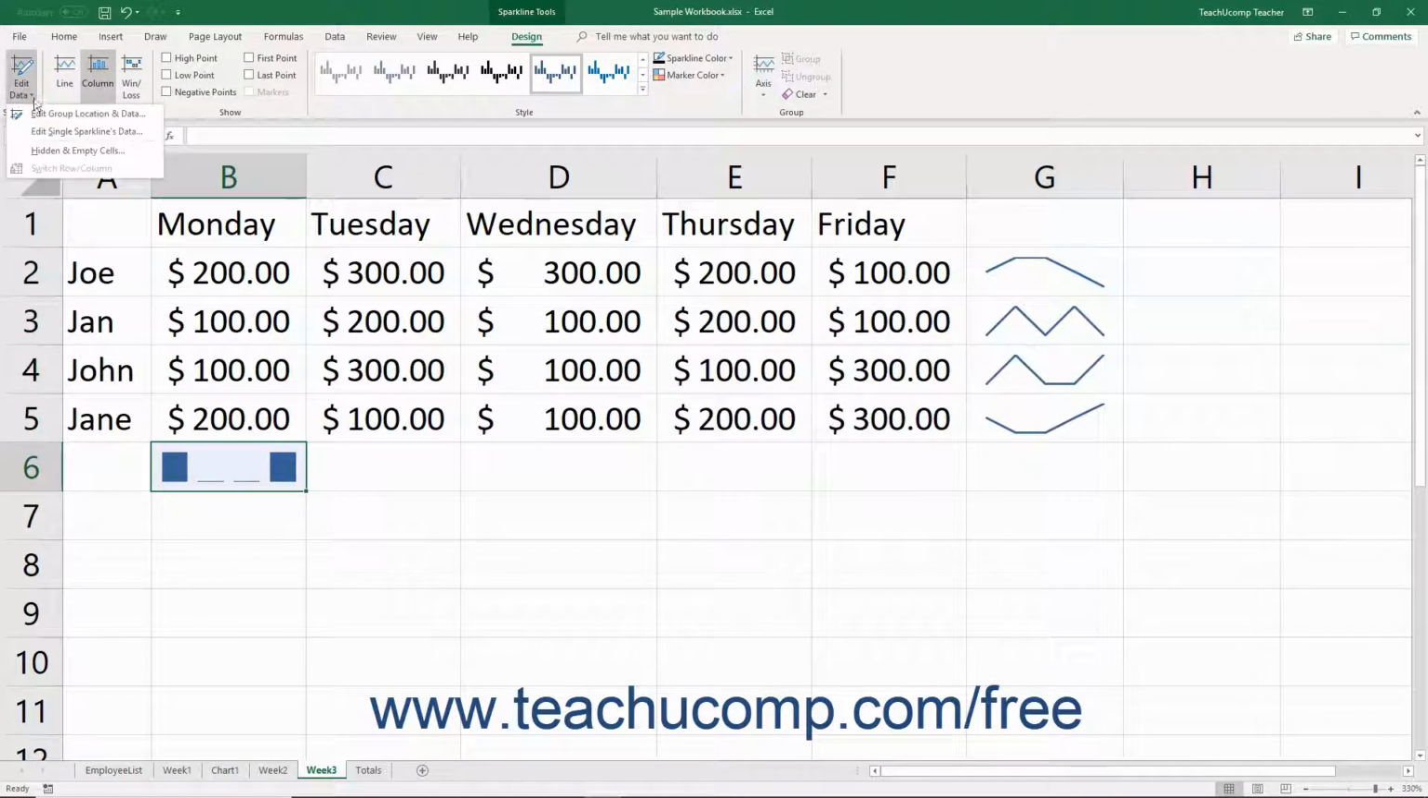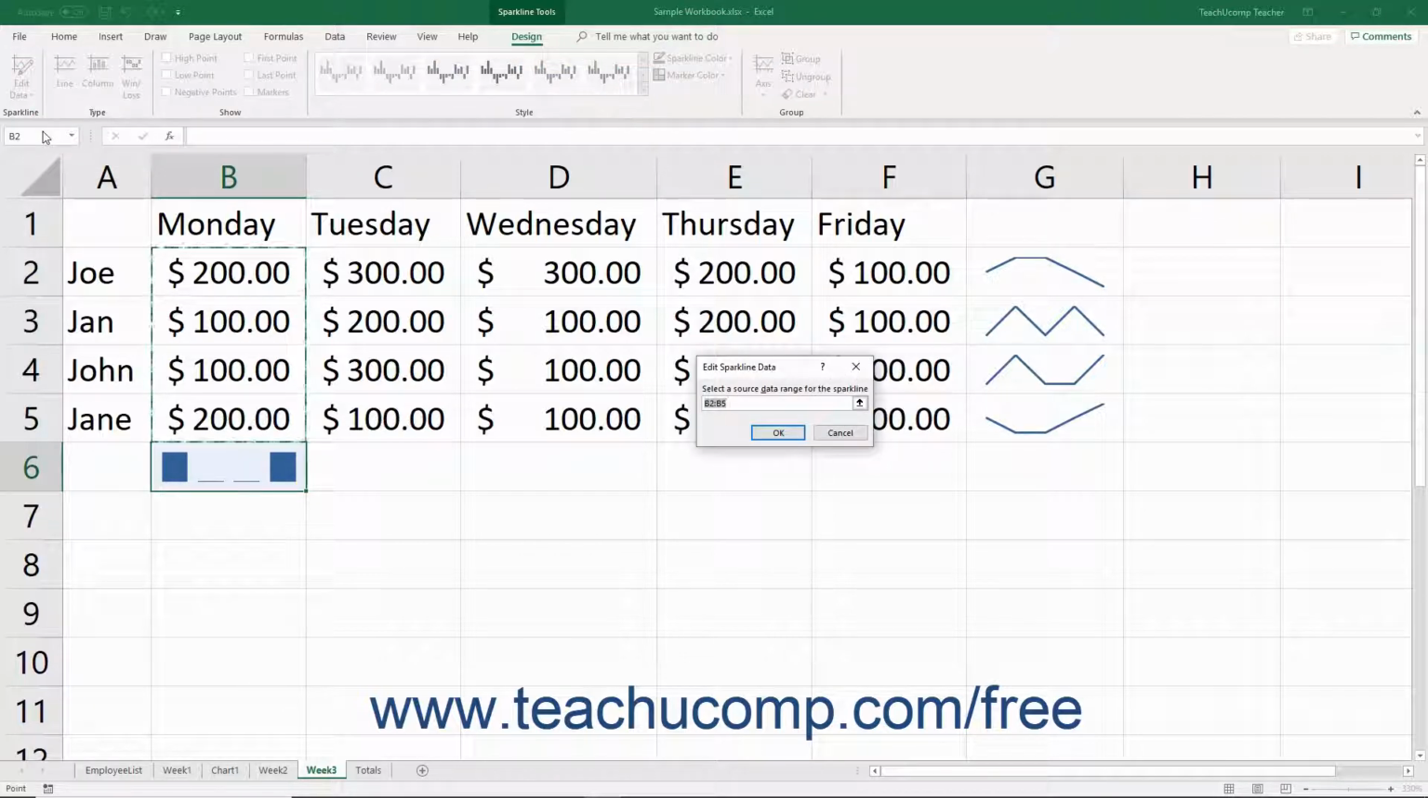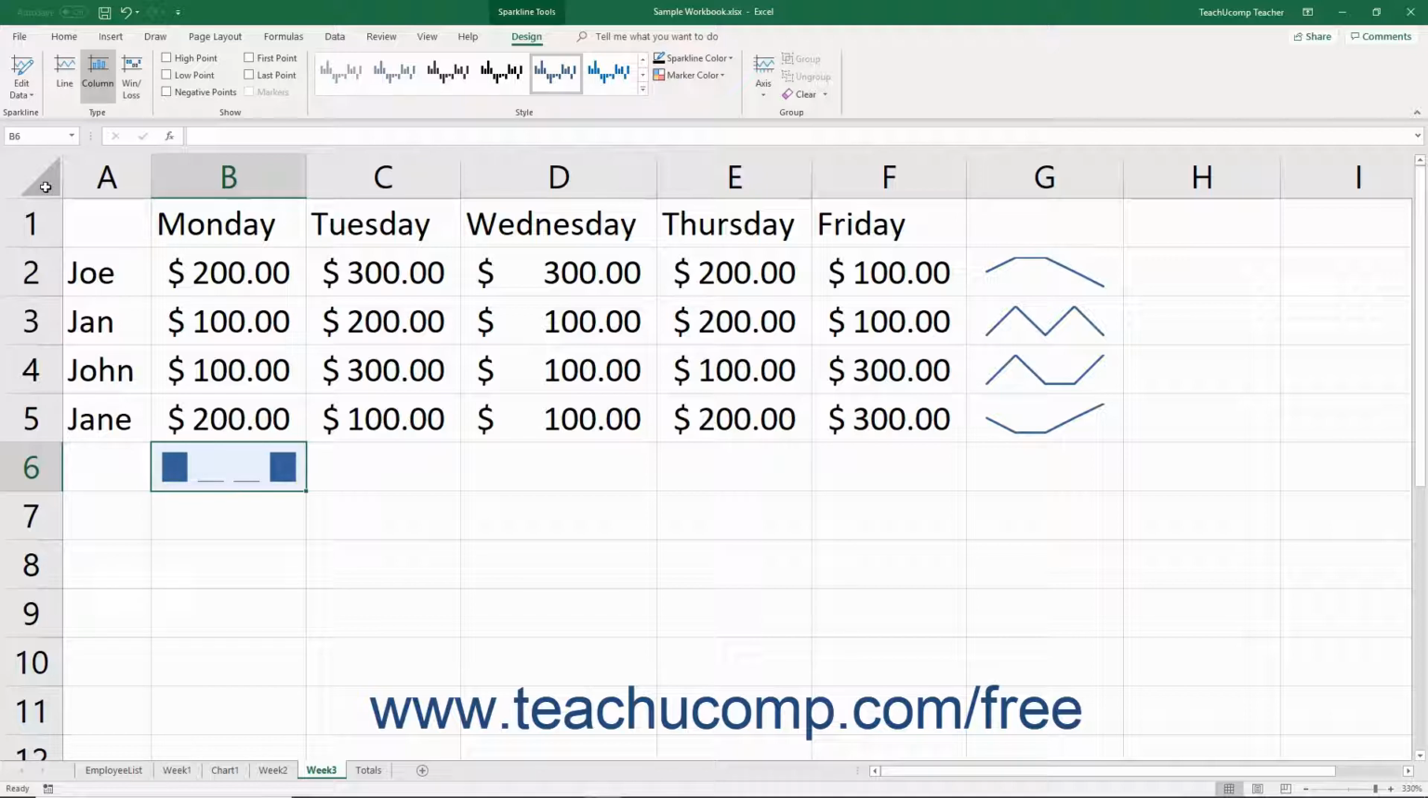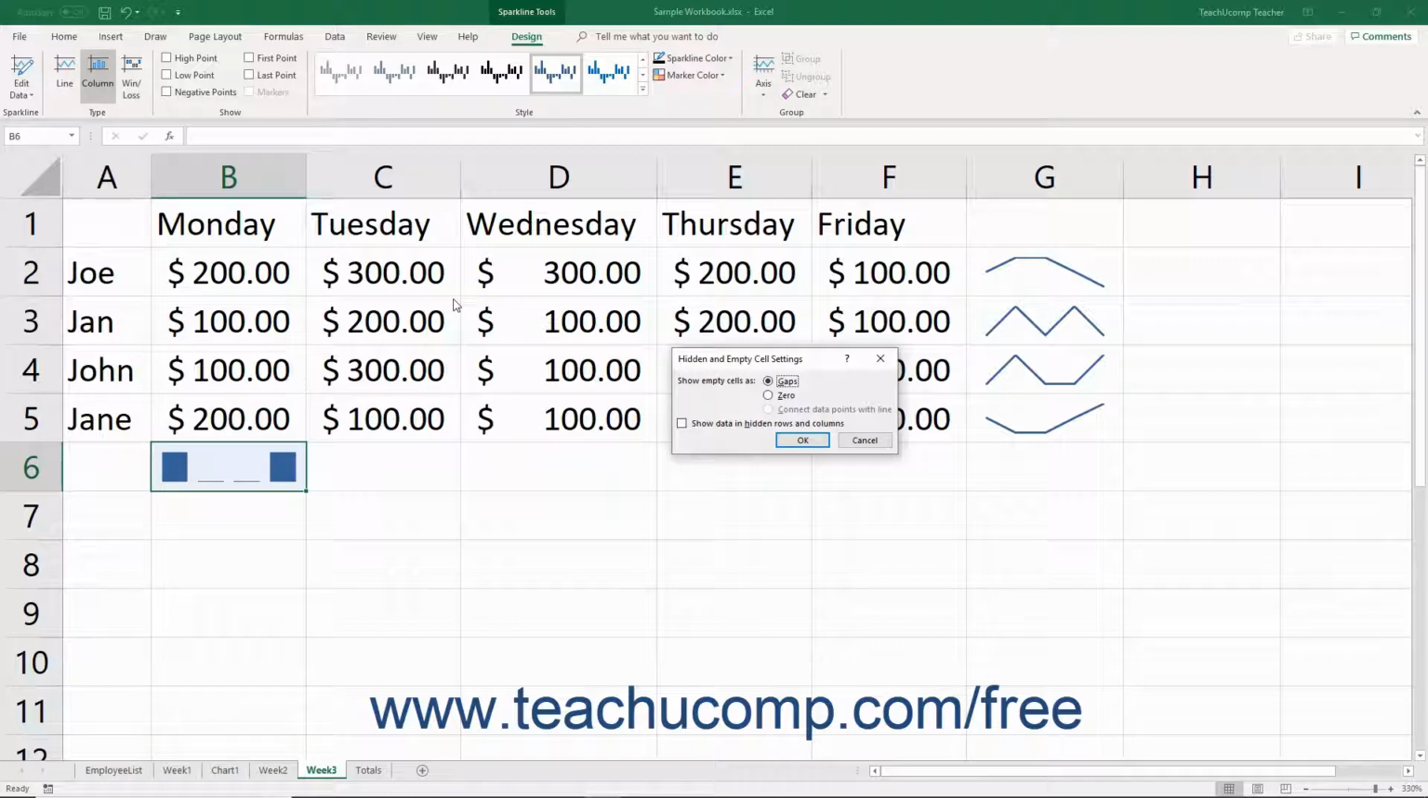You can choose the Edit Single Sparklines Data command to open the Edit Sparkline Data dialog box where you can select a new data source for a selected sparkline, and then click the OK button to apply it. You can select the Hidden and Empty Cells command to open the Hidden and Empty Cell Settings dialog box where you can choose the behavior and display of hidden and empty cells within the sparklines, and then click the OK